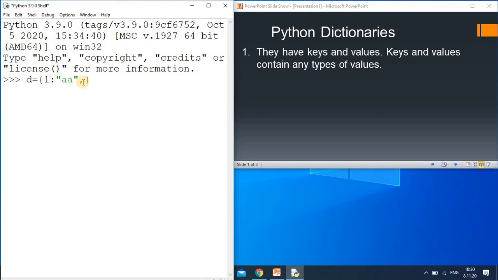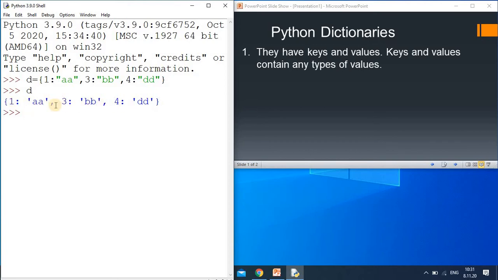Then my second key is suppose 3, and the value for that is "BB". The next key is 4, and these are its values. Once I press enter, you see you are getting the keys along with the values.